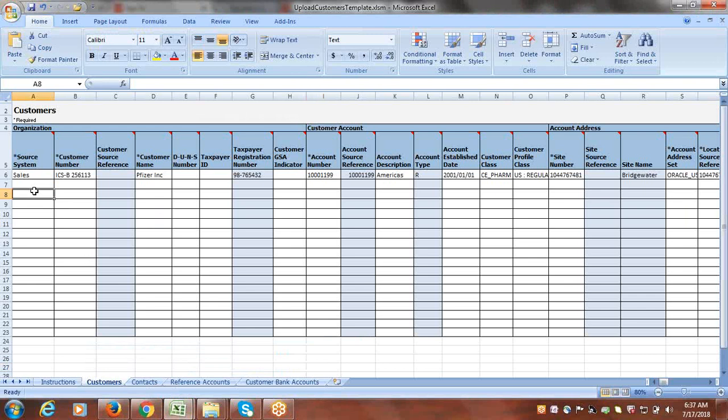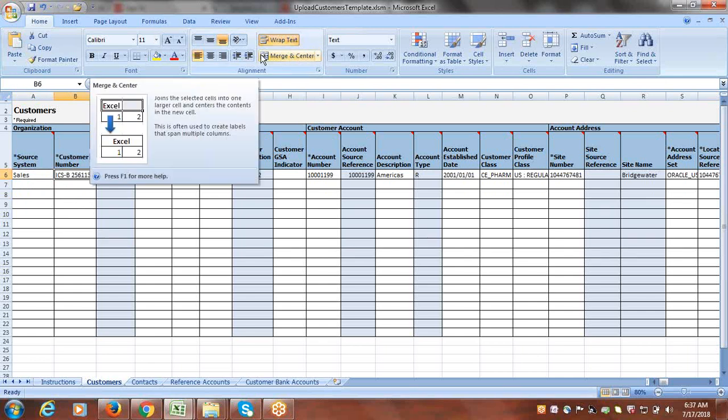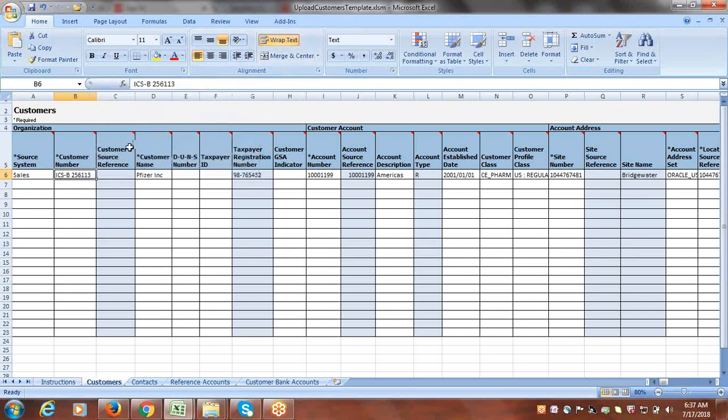Fine. So source system, from which system we are bringing the customer's data, that name you can enter. Okay, let it be sales only. Customer number, you can enter the customer number. If you look at that column, the customer number is mandatory. So you can just enter some number